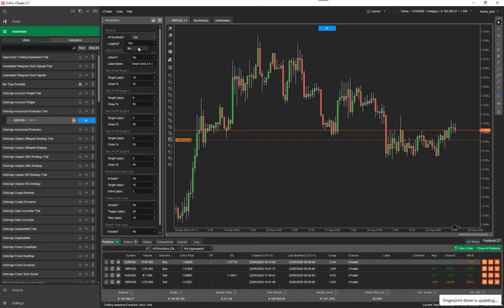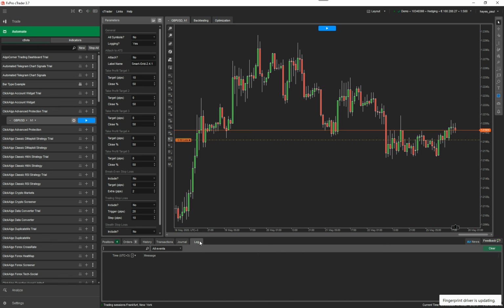Okay, but you can fine tune it by, say, adding different cBot instances for different symbols, and each one would have different take profit targets and trailing stop losses. Okay, so log information here. If you select yes, in your log here, it will give you information about the robot. If I just start it now,